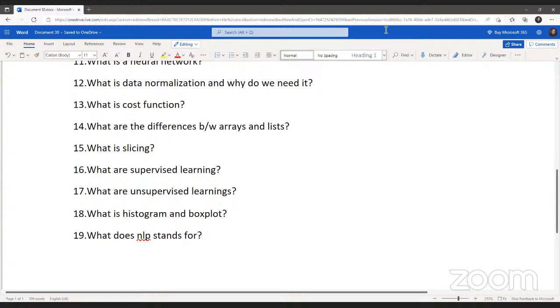Yeah. Now as we jump into this, NLP stands for natural language processing. It is the study of programming computers to process large amounts of textual data. Examples of NLP include tokenization, stop words removal, stemming, sentiment analysis, text mining and so on. So that's how it works. So as we jump into the next question,